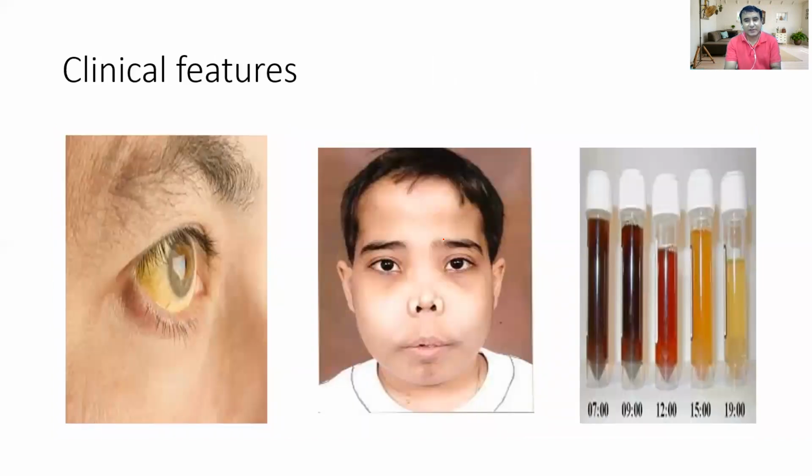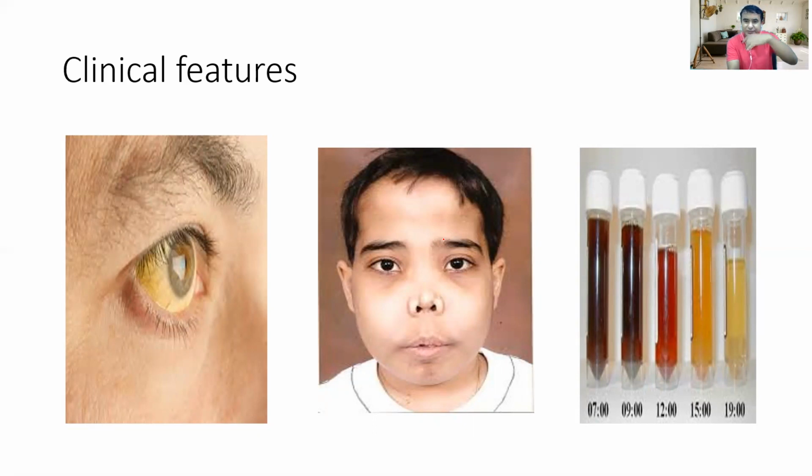Now let us go to the clinical features. We are not going to discuss the details of the pathophysiology of hemolytic anemia. The clinical feature that makes us think this patient might have hemolytic anemia is that everyone should have anemia, and we have discussed a lot about anemia. They should have a history of fatigability, occasional shortness of breath, occasional palpitation, and tinnitus. But besides these symptoms of anemia, if someone says, doctor, I am fatigued, I am also having jaundice, then I have to suspect hemolytic anemia.